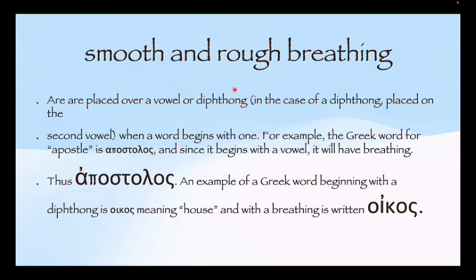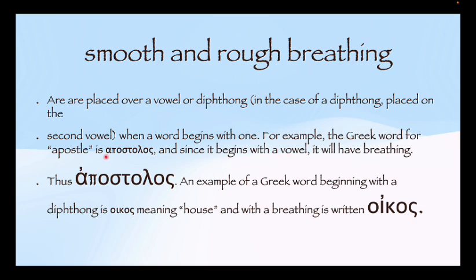Now, smooth and rough breathing are placed over a vowel or diphthong. A vowel could be a diphthong or just one vowel by itself. In the case of a diphthong, the breathing mark will be placed on the second vowel when a word begins with one. For example, the Greek word for apostle is apostolos. And since it begins with a vowel,